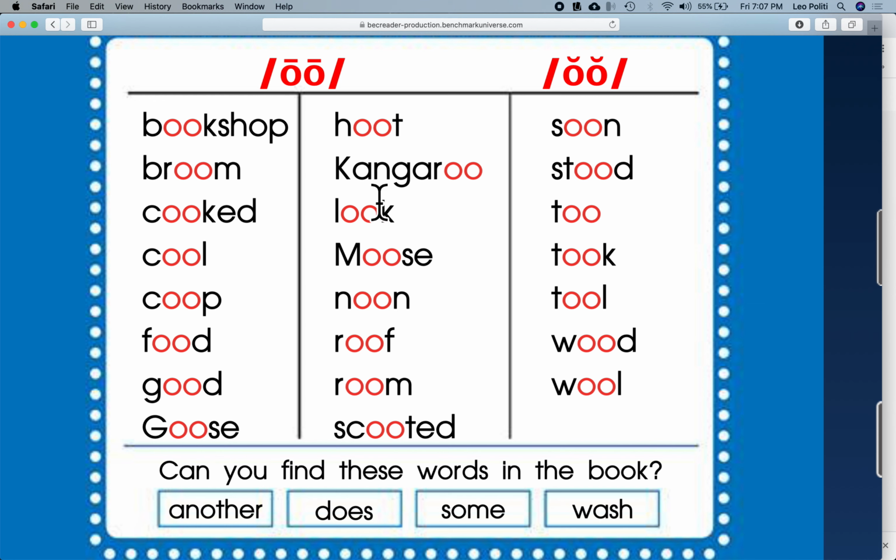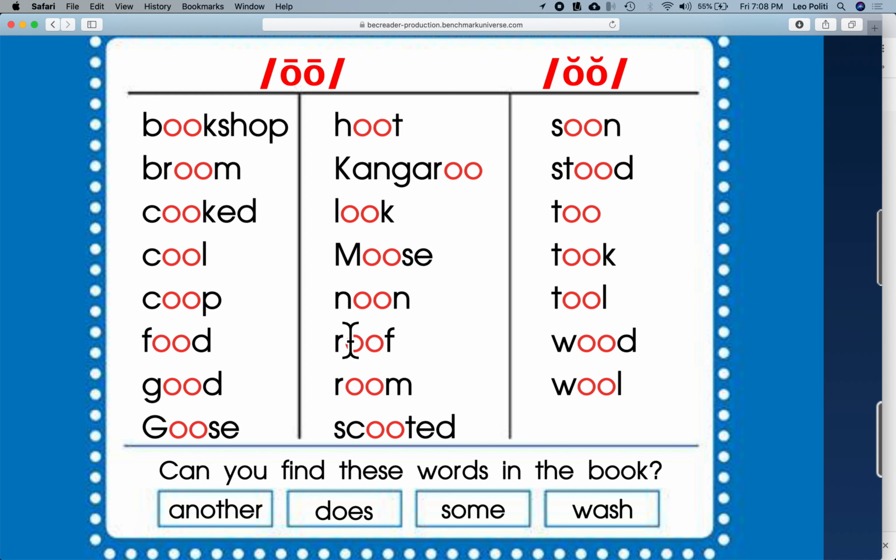Goose. Now, just so you know, the word goose is capitalized in kangaroo because in this story, the name of goose would be Mrs. Goose, and the name for kangaroo would be Mr. Kangaroo. So in this story, it's their proper noun name, their special name. So that's why they capitalized it. Okay, next, hoot, kangaroo, look,